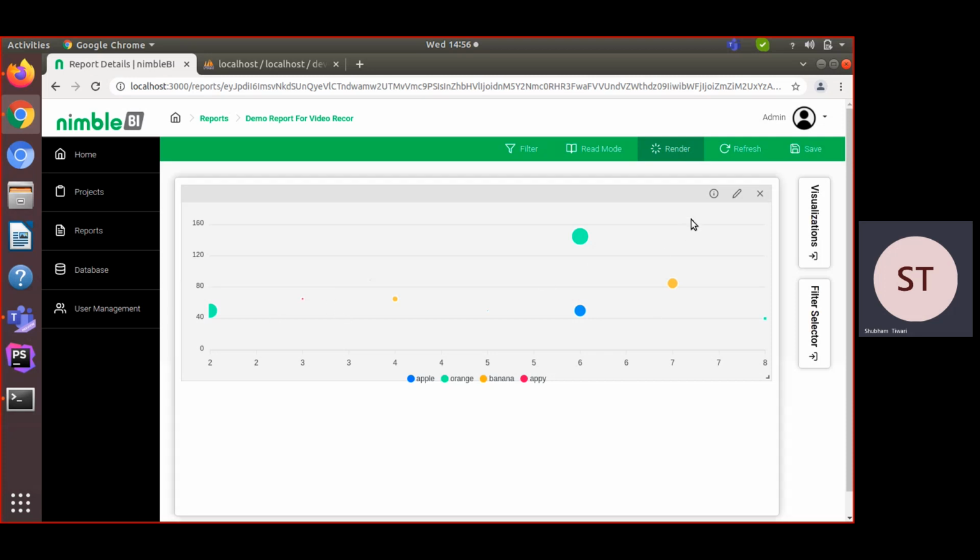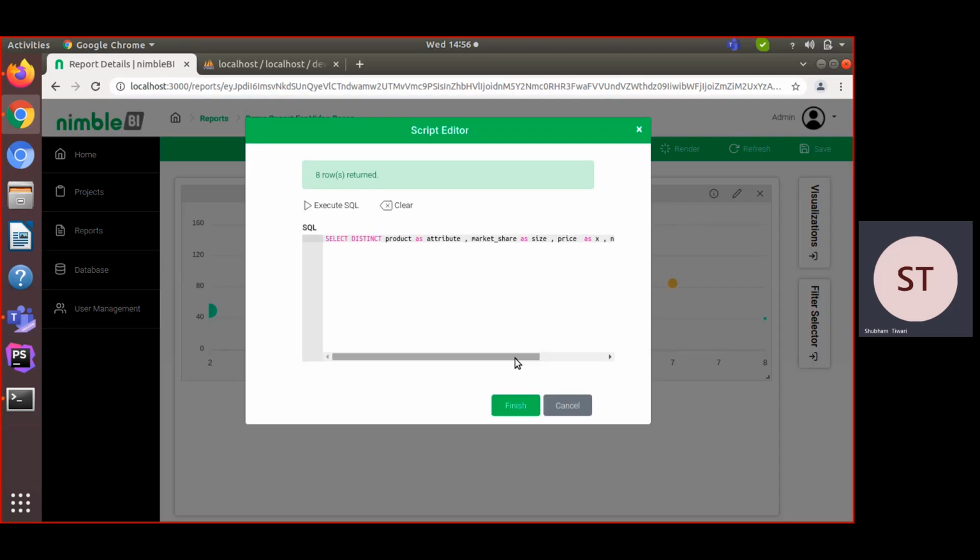So now you can see that I want to show you something very important. Our all graph SQL queries are the same, meaning for creating a graph, all graphs require the same SQL query. For bubble, it requires a different SQL query because it has more than three parameters.